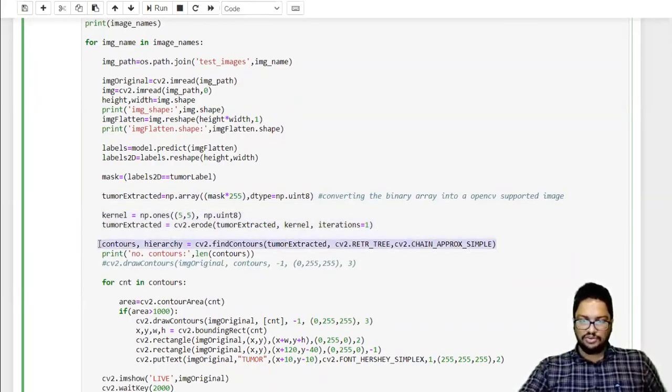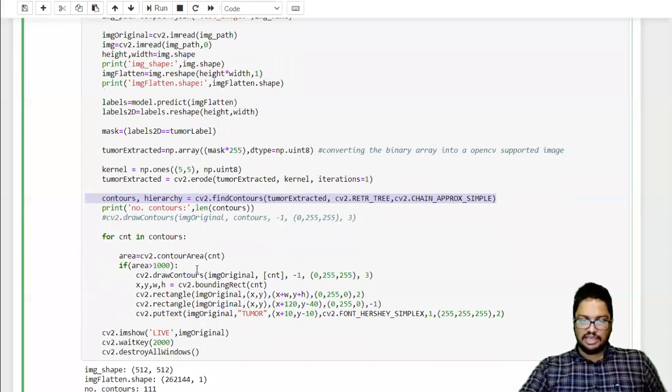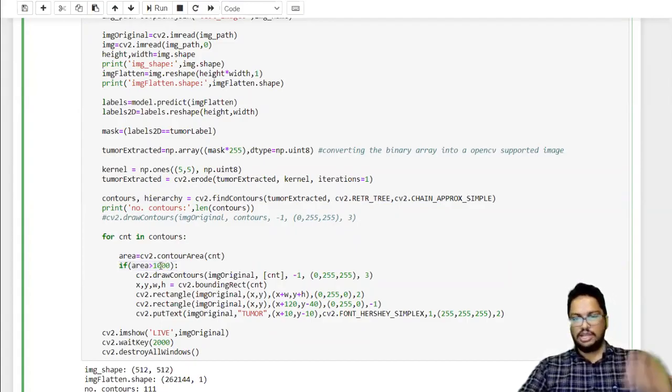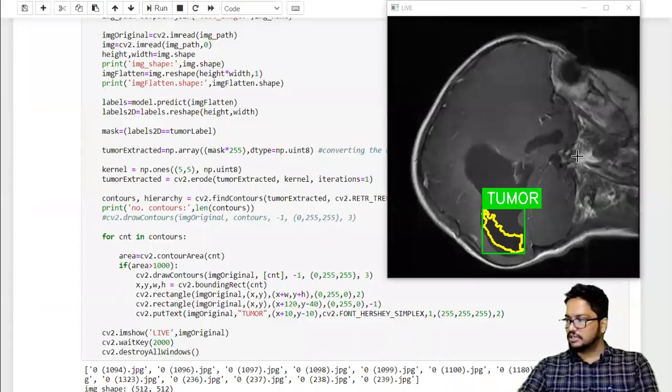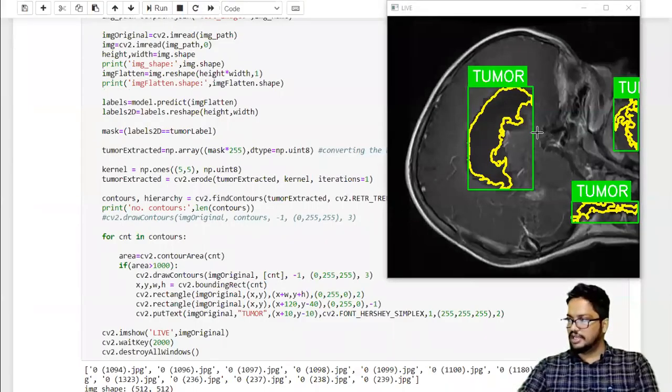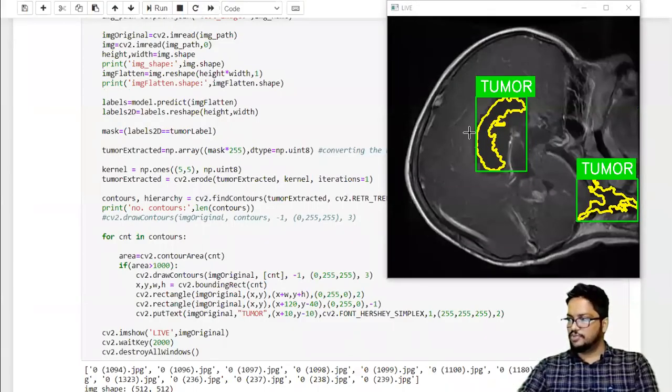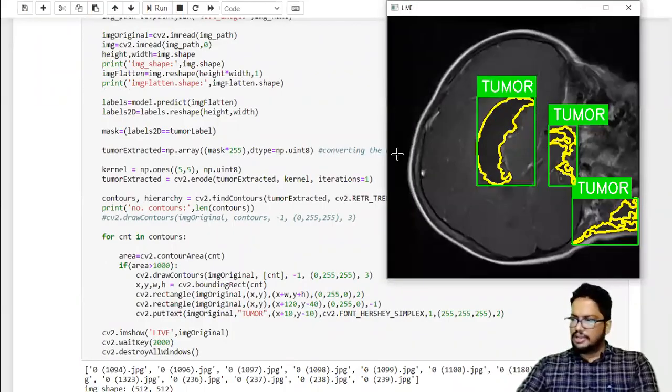And we find the contours as we did earlier, and we filter the unwanted contours by going through each and every contour and measuring the area. So we draw the contours, right, greater than 0, right? So now when you are going to do this, you will see it like this, right? The tumors are detected like this, not all the times tumors, but I mean, what happens